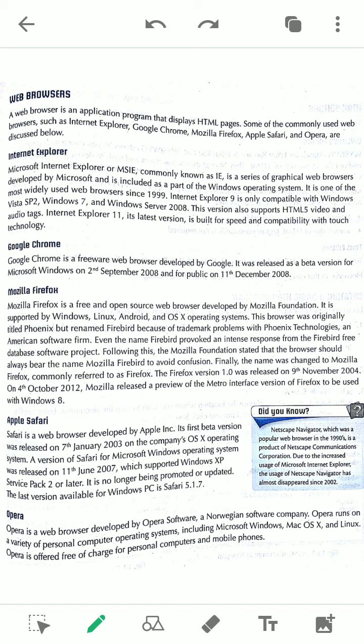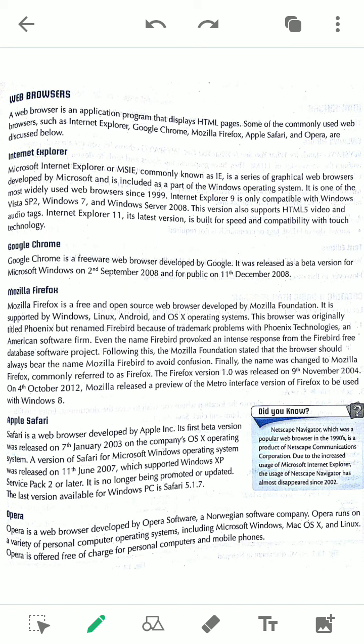Now what is a web browser? This is the work of a web browser. A web browser is an application, a program that can read or interpret the HTML tags and HTML contents, work on them, and display them to the user. There are different definitions of a web browser, not a single one. Like, a web browser is a program through which we can navigate. Navigate means to go through, to visit. We can surf the web using web browsers. Surfing means going to different sites and viewing and exploring the information. This is called surfing.